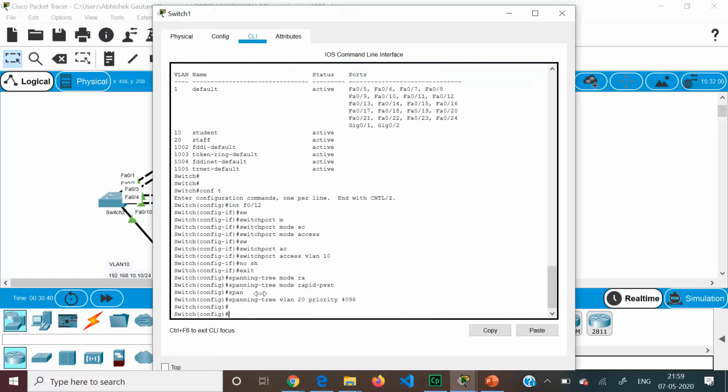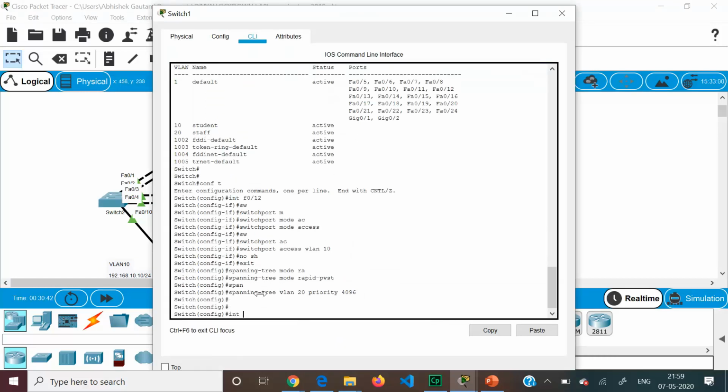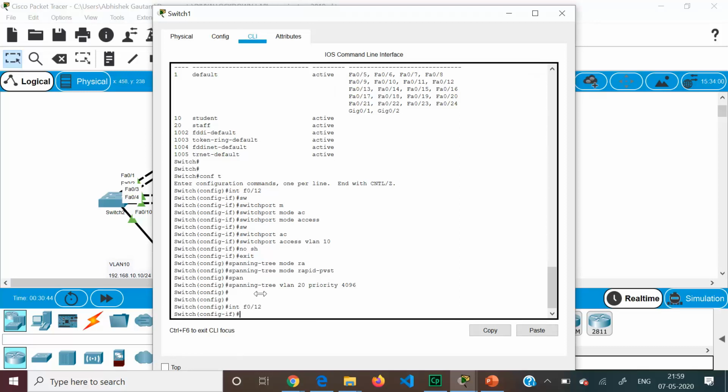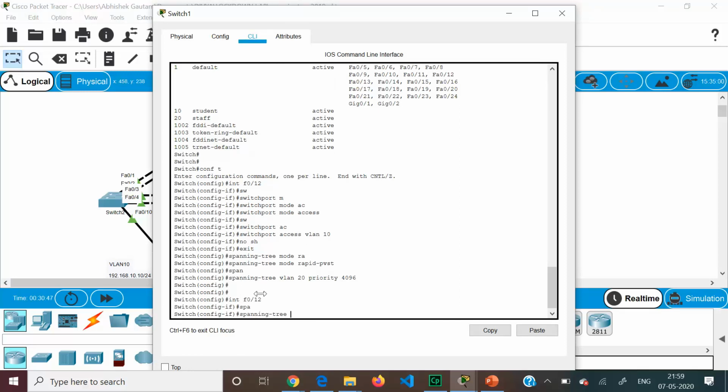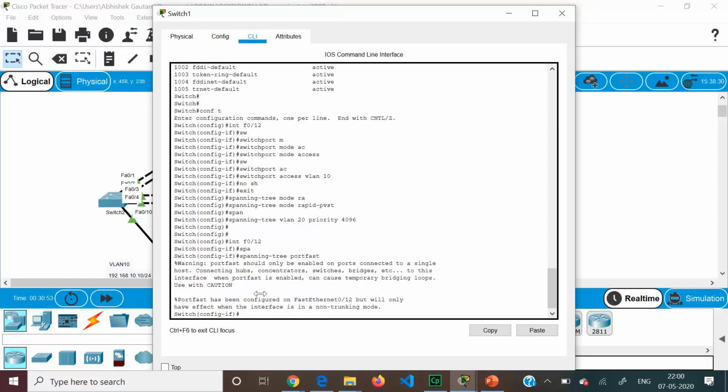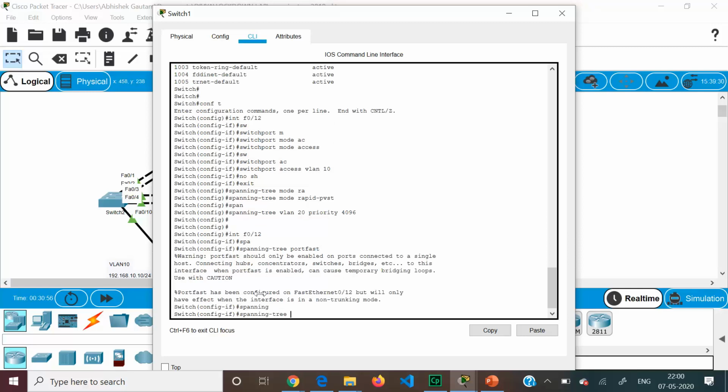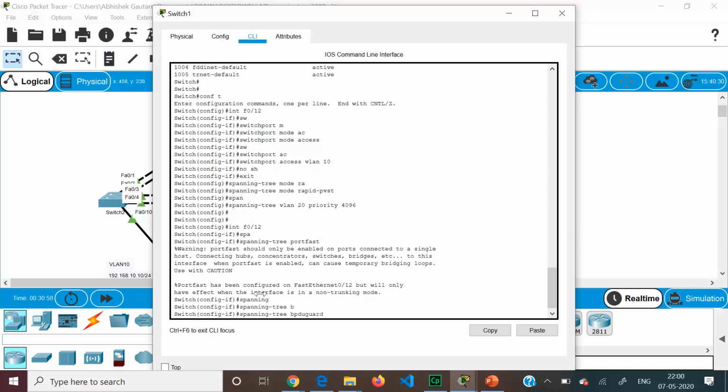Similarly, on switch 1 also, int F0/12, we will do spanning-tree portfast to move it directly into the forwarding state, and spanning-tree bpduguard enable.